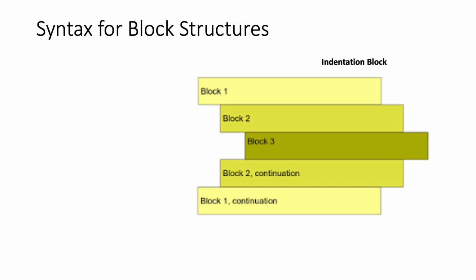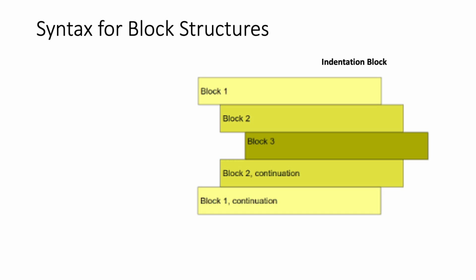Certain programming languages, like Python, for example, do not use any specific characters for marking a block. We will be studying Python in our course. Here we use indentation as a marker for a block. For example, block 1